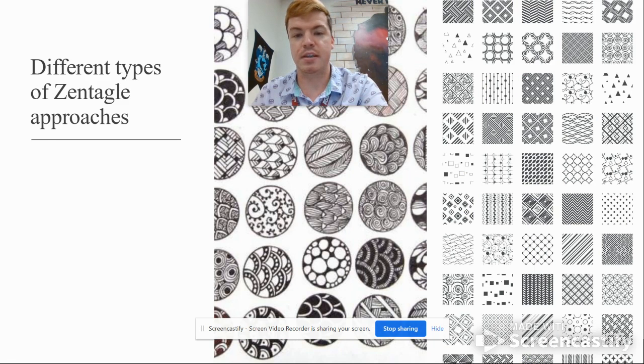Now, as you can see, this is a slide that shows you two different types of examples of Zentangles. There are geometric shapes and there are organic shapes. Organic shapes are shapes that we cannot make man-made. They're already naturally occurring. So if you look down here at this one where my white mouse cursor is, this is kind of, if you cut a plant in half, the cellular structure that would